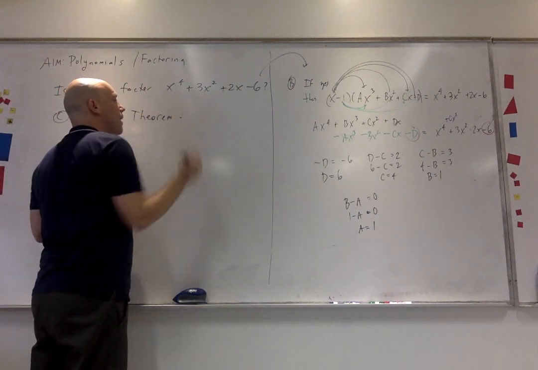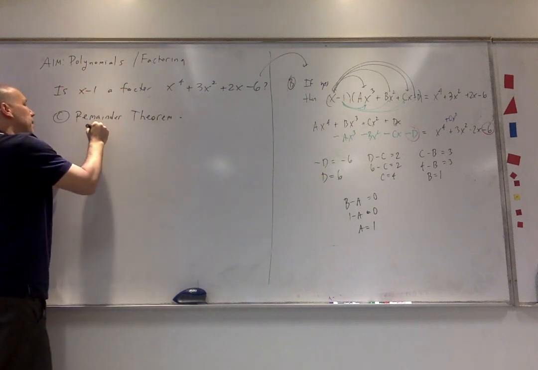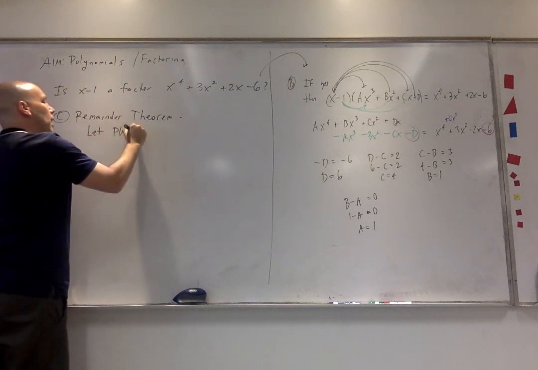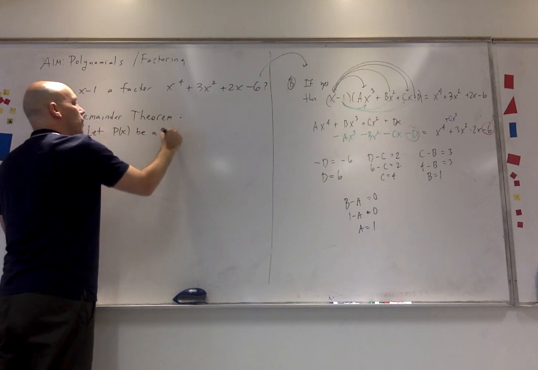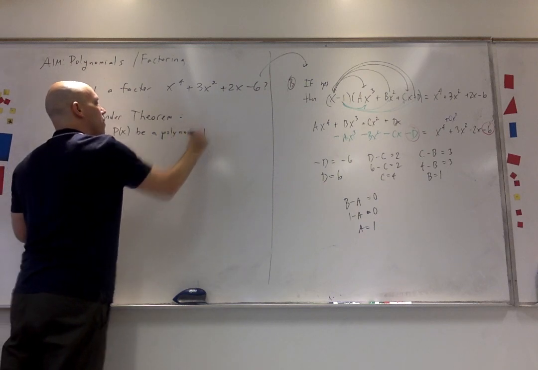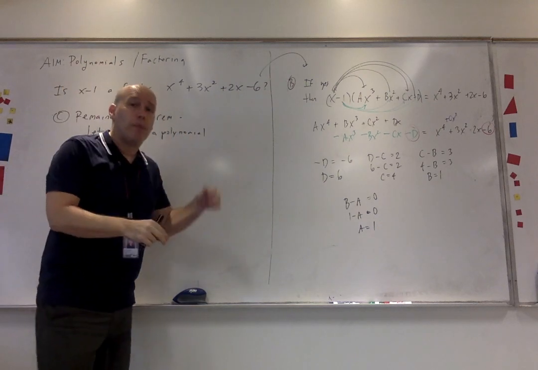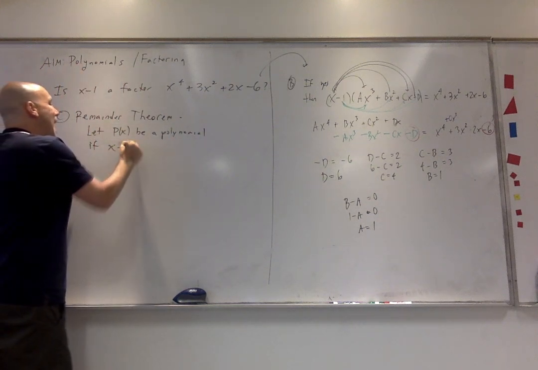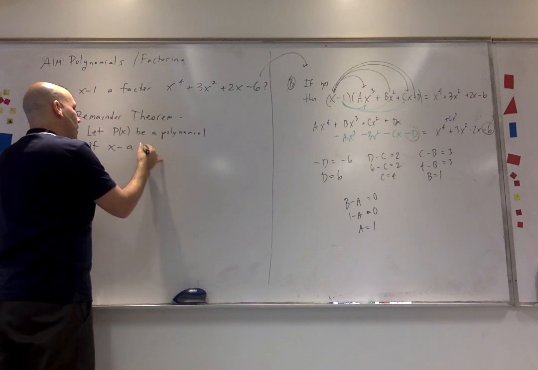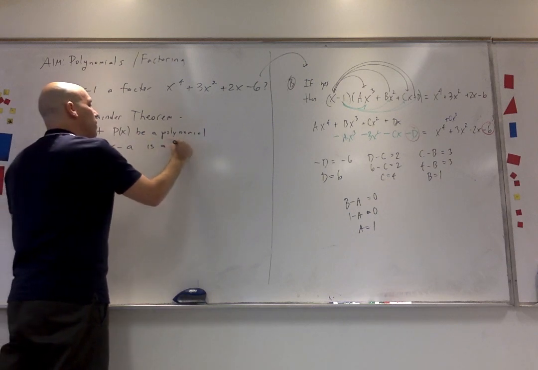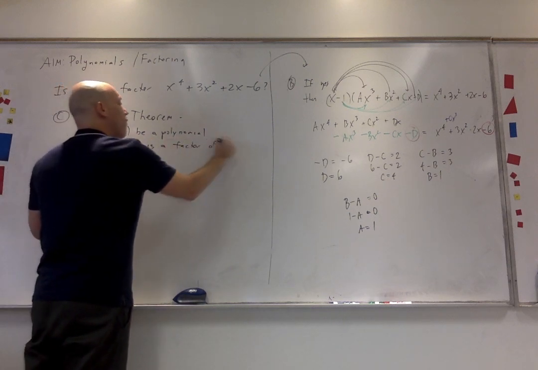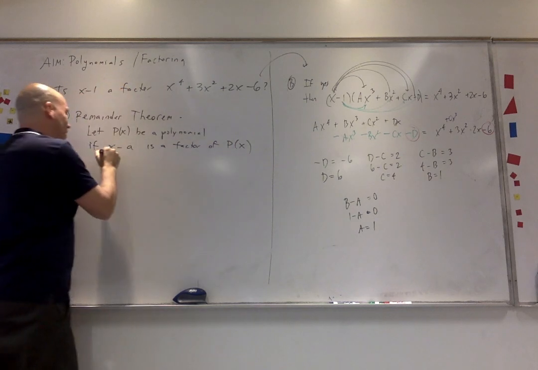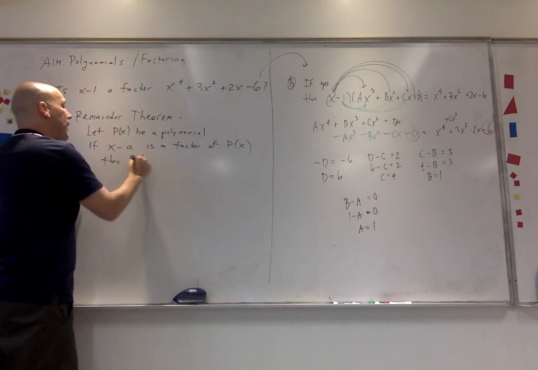And it goes something like this. Let p of x be a polynomial. Right? Or like a function, right? You're going to plug some x value in. If x minus a is a factor of p of x,